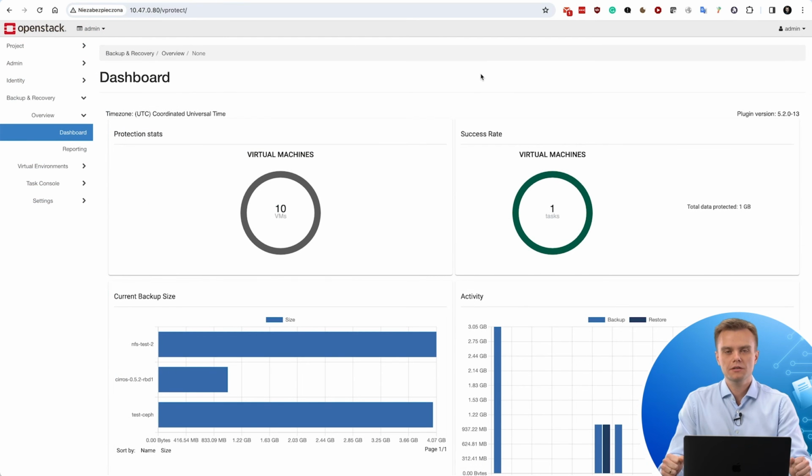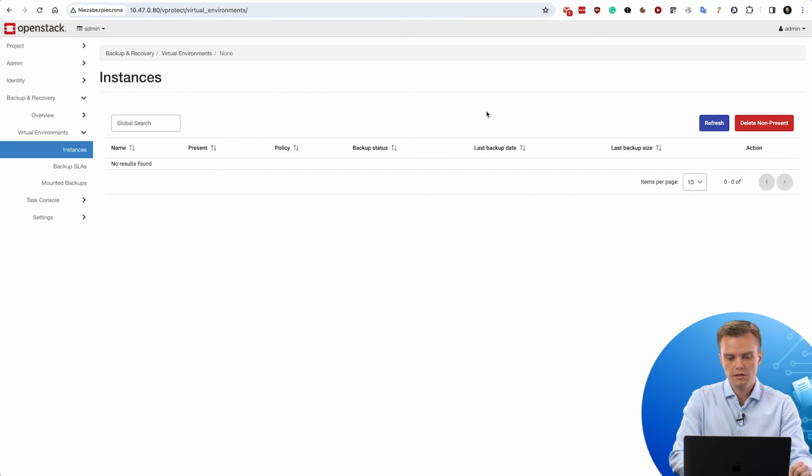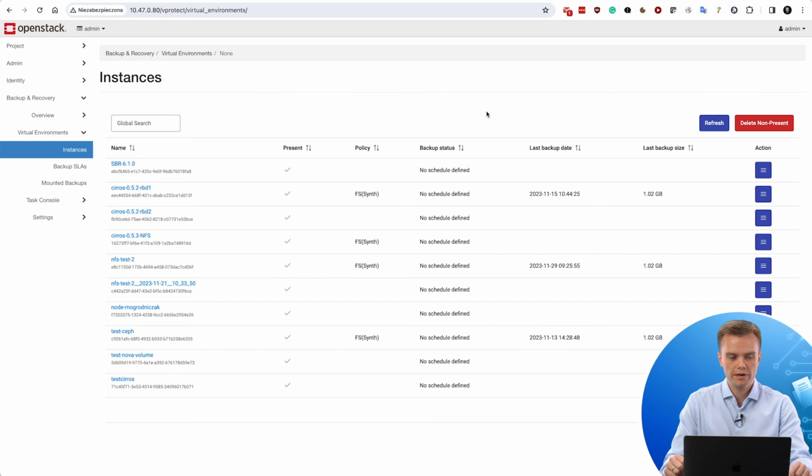One of the essential parts of the OpenStack is its multi-tenancy capability, and with Storware Backup and Recovery we also deliver Horizon plugin. This plugin supports you to execute operations on your instances, only on the instances that are in your project, directly in the OpenStack console. Now, in this console, you are able also to browse your instances, execute backup, restore operations, and recovery can also be limited by the administrator to the specific availability zones, for instance, or that users are able only to use